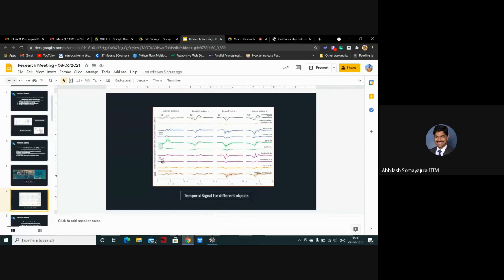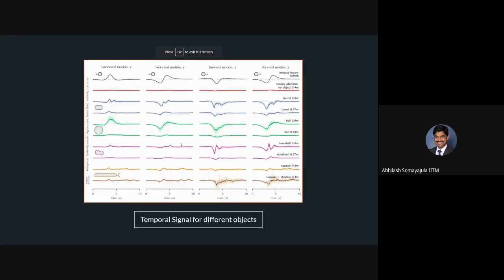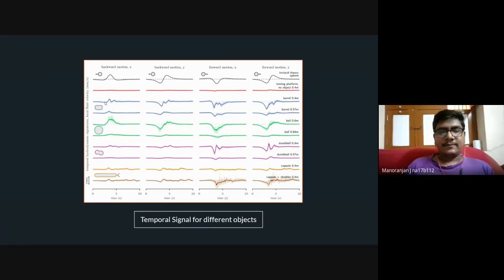See, that's why the pressure signature in the forward and the backward will be different here. For the sphere, it will look the same. So, for example, if you look at this, I think this is the velocity, not the pressure. This is velocity, sir. They will be measuring velocity here.